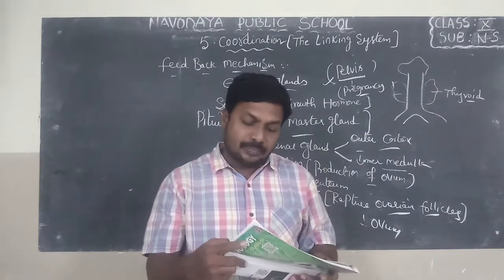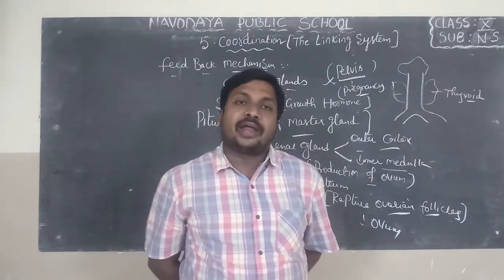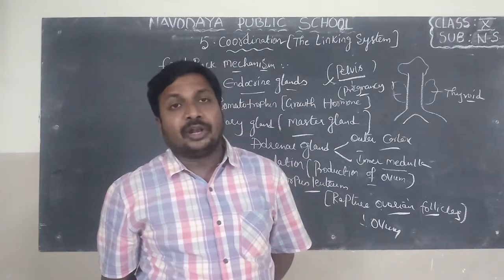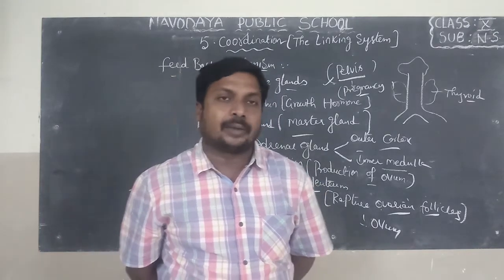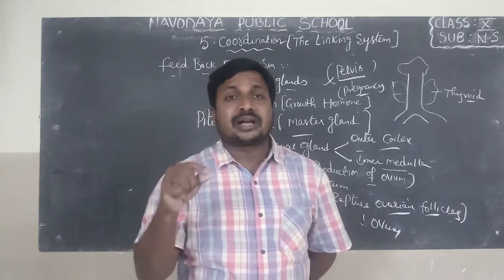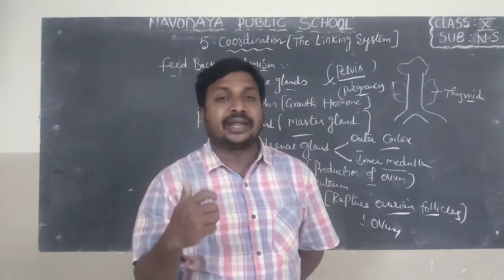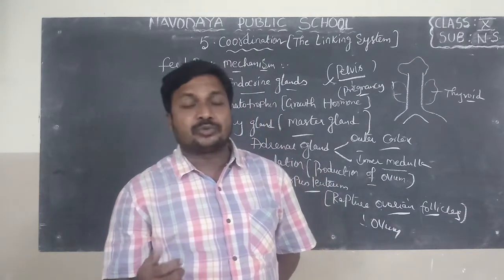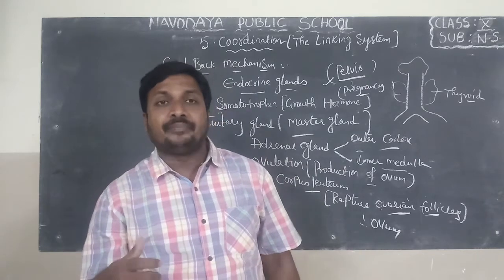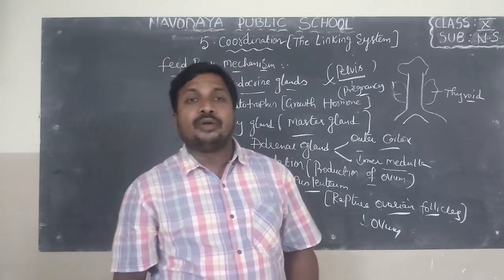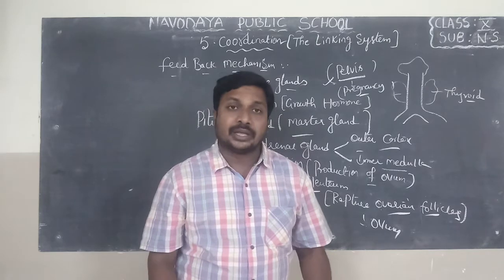28 days menstrual cycle. Do you know? Already I explained, we learned in 8th class about the menstrual cycle. The cyclic changes which occur in a female once in 28 days are known as the menstrual cycle. This menstrual cycle is controlled by the female sex hormone known as estrogen.